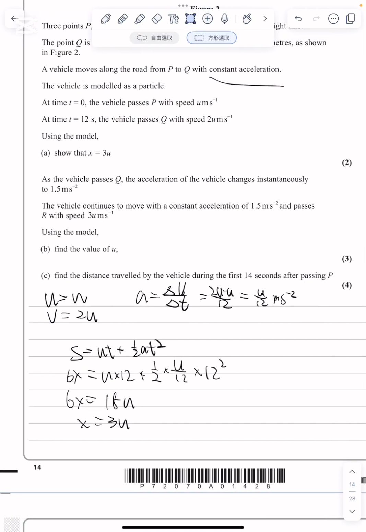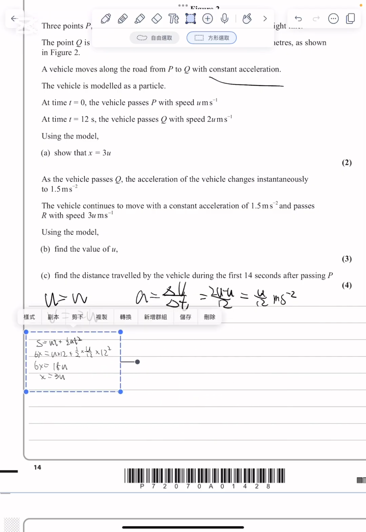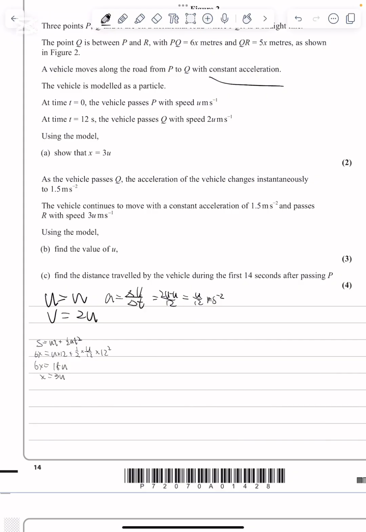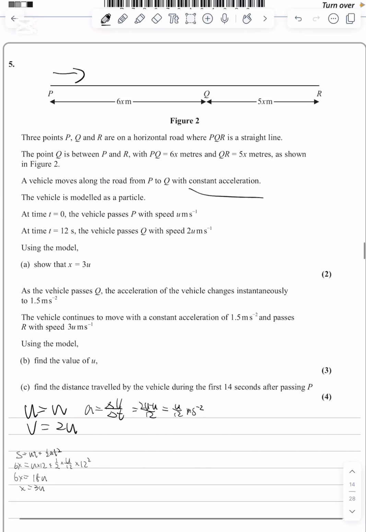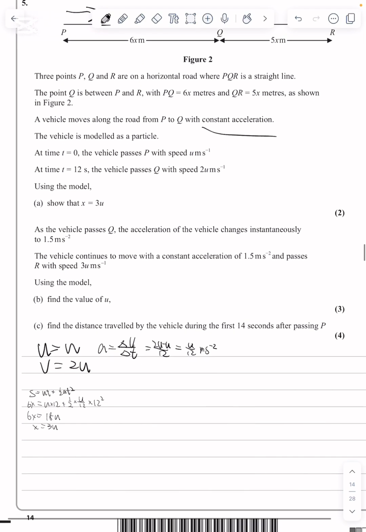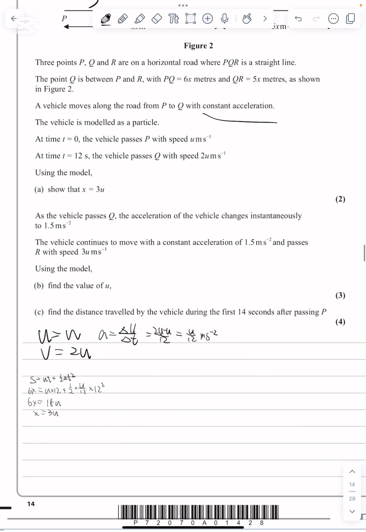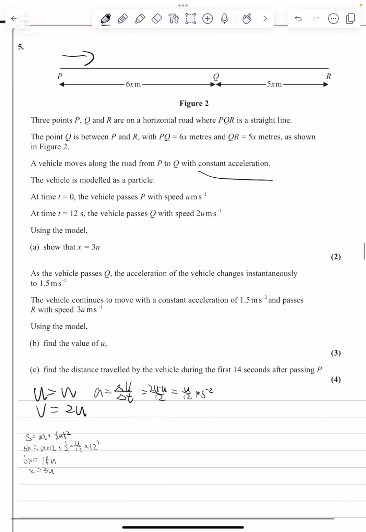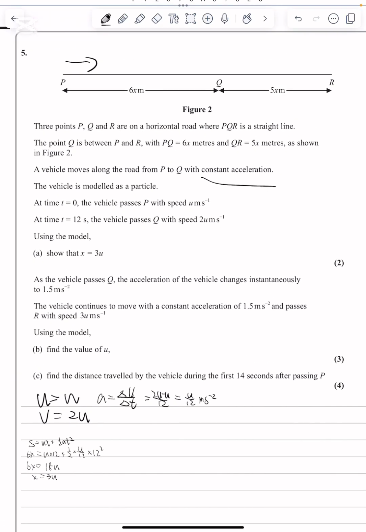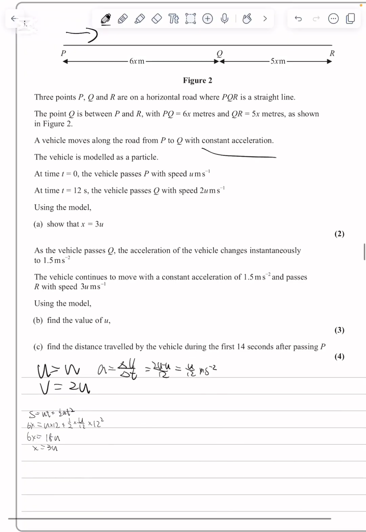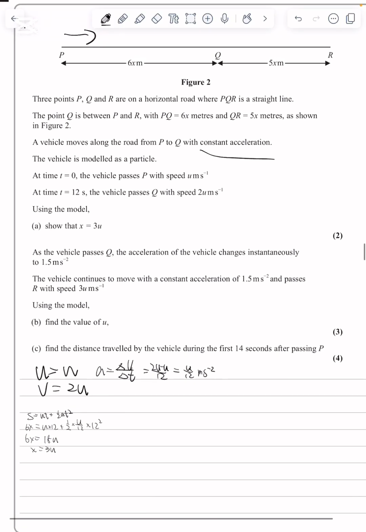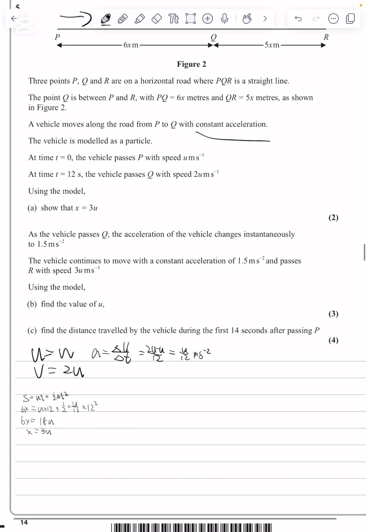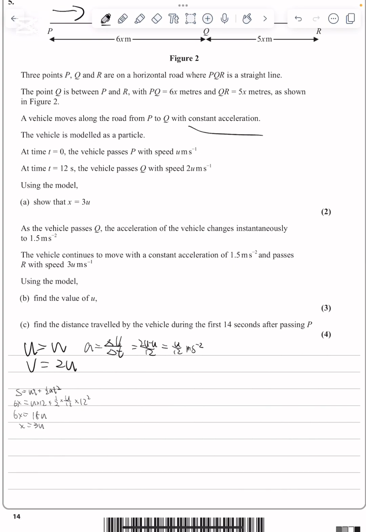I don't wanna have another page open, so right, this is what we're gonna do. As the vehicle passes Q, the acceleration of the vehicle changes instantaneously to 1.5 meters per second squared. It continues to move with a constant acceleration and passes R with speed 3, okay, so that means